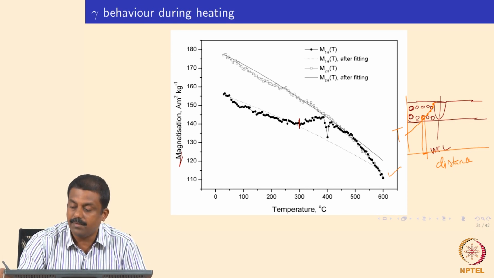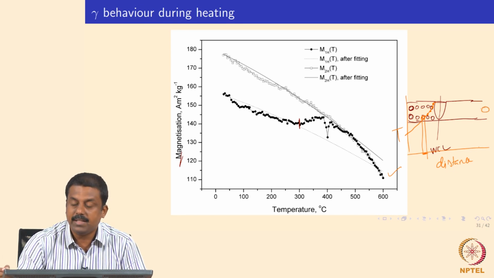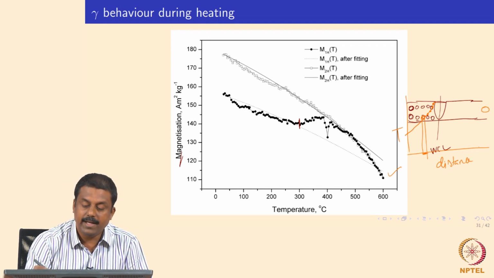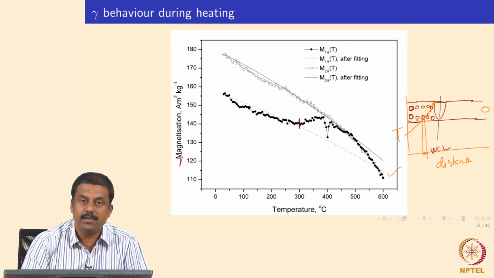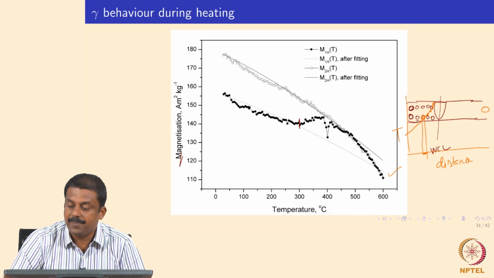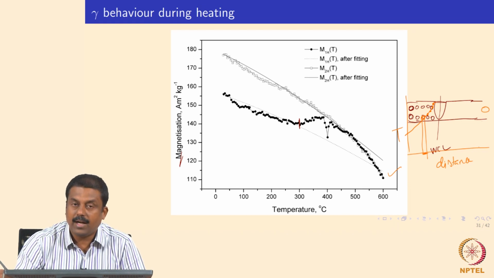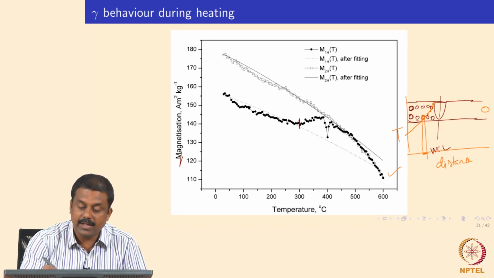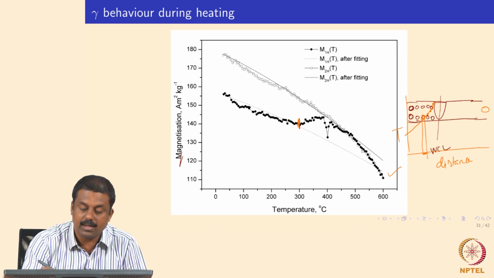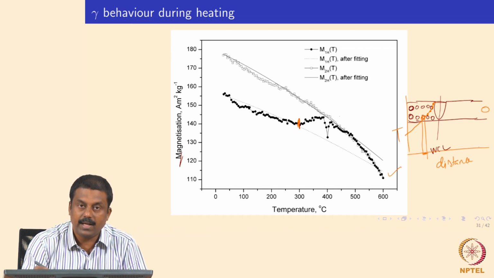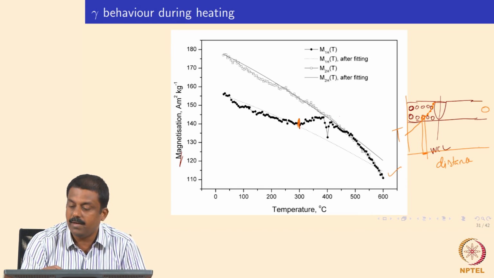So we can take a sample from the unwelded base material, put it inside and heat it up to various temperatures, and identify at what temperature you see a change in magnetization. That would give us how the retained austenite transforms to other phases while heating. And from that we can understand the maximum temperature up to which retained austenite is stable before it starts transforming to ferrite and epsilon carbide phases.